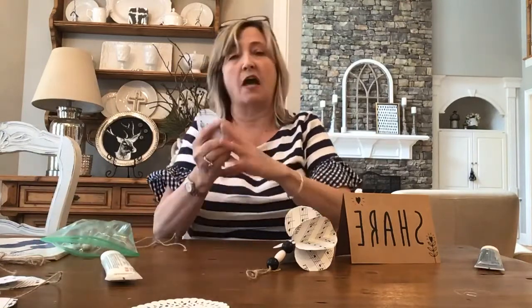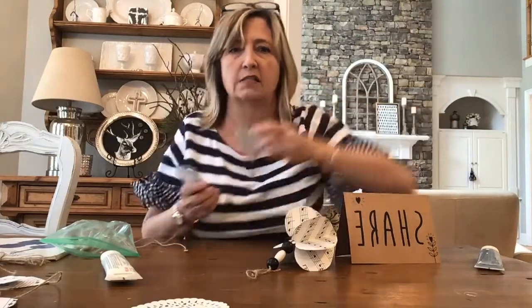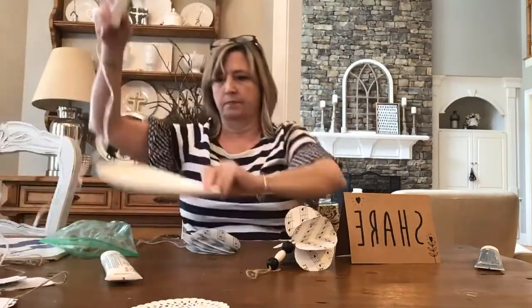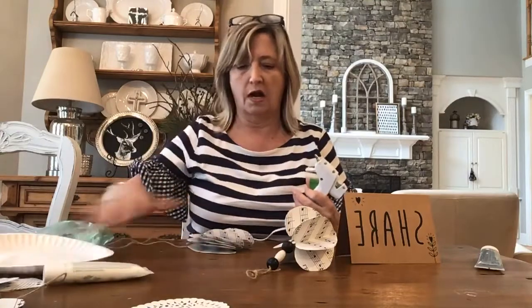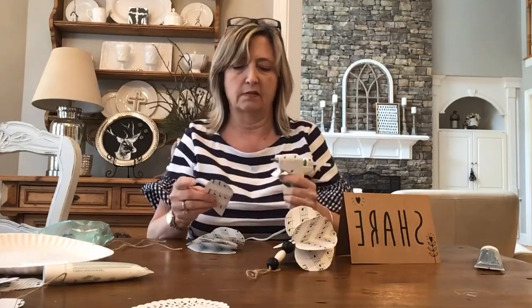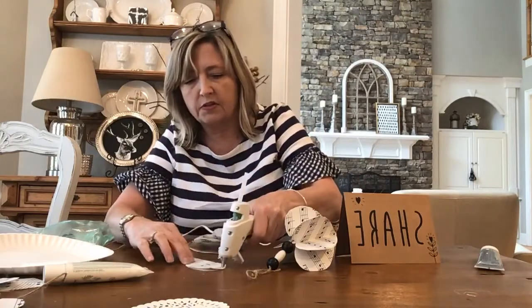Yeah, 6 hearts, okay? And then I had them folded in half already because that's how I always cut hearts out. Okay, and then I need my glue gun. All right, and then you are just going to apply hot glue on, let me think about this. I have to remember what I did. Along the edge of your first heart,